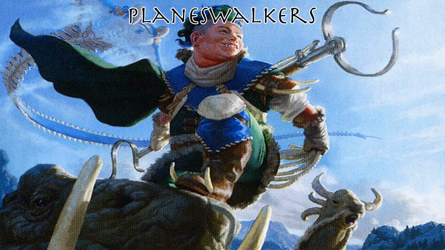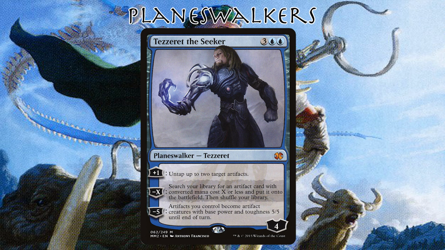We have one Planeswalker, which is Tezzeret the Seeker. Tezzeret is here mainly for its negative X ability, but the +1 is not bad either to untap 2 target artifacts, so you can make a little bit of extra mana with it, but mainly we use Tezzeret to go search using its -X, and we search for an artifact card with mana value X or less, put it on the battlefield. Usually we're searching for Basalt Monolith, but depending on where we are in the game, we might search